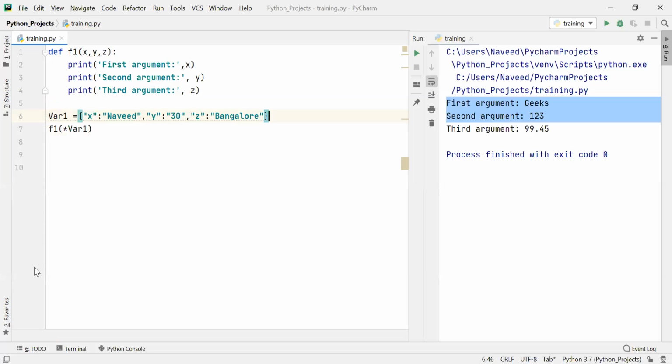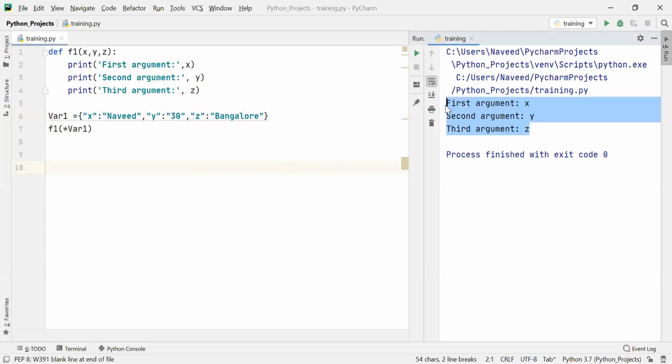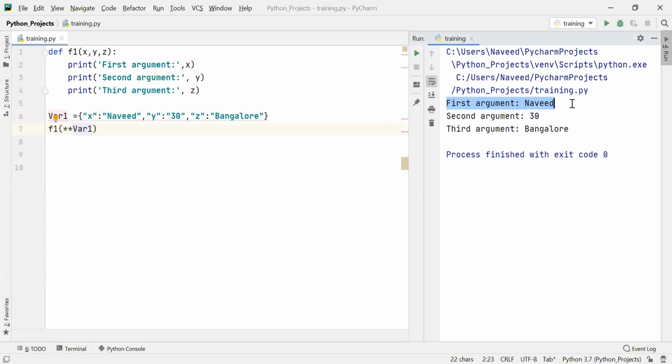So can I pass this? Let me execute this. No, it is not working, it is still taking args. I need to make the changes here, which I forgot. Now you can see the first argument is Naveed, second argument is 30, and the third argument is Bangalore. So this is how we can pass args and kwargs to a function.